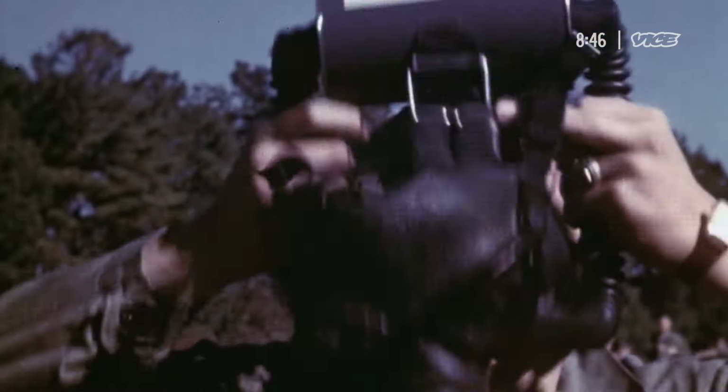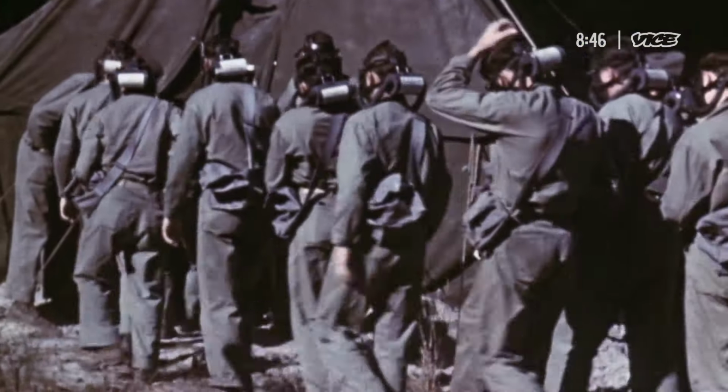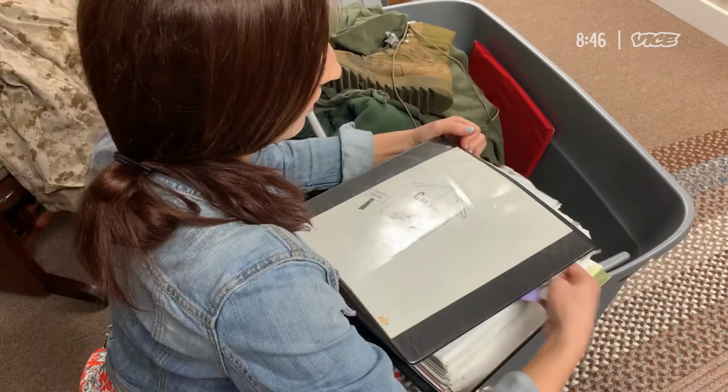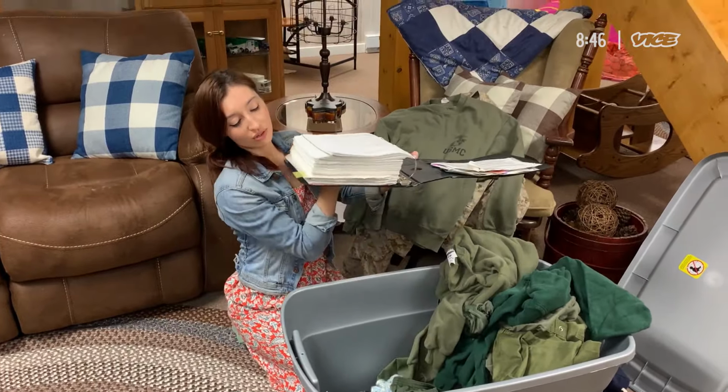As a Marine, I remember walking into the gas chamber for the first time and what an overwhelming and disorienting experience it was. What does Marine Corps training look like? CS capsules, tear gas capsules, are broken over a Bunsen burner, which then disperses the tear gas into the gas chamber. This is the entire nuclear, biological, chemical